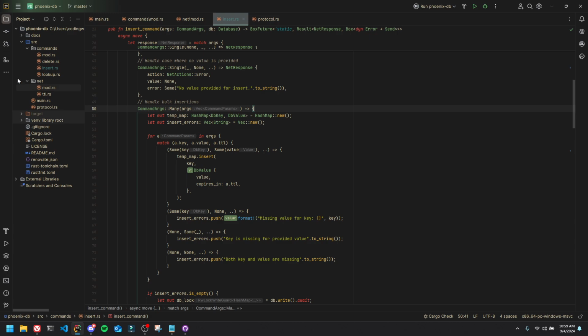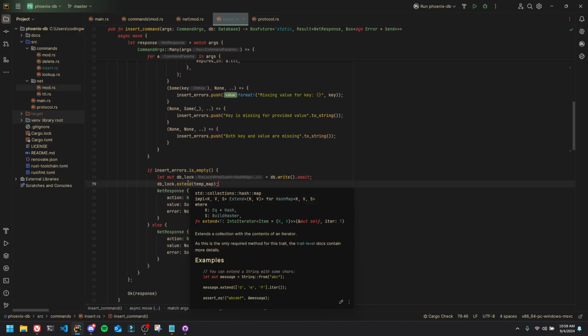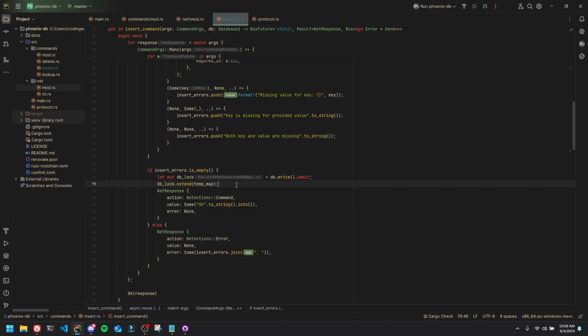But yeah, one cool thing, I kind of got sidetracked, sorry. In this many command, when you want to insert records at the same time, we make a temporary hash map, right? The reason we do this is because hash maps in Rust have a feature where you can extend the map. Most languages have this. What this does is it takes your old map and your new one and merges them together, and this is one operation,